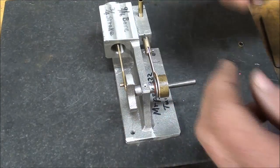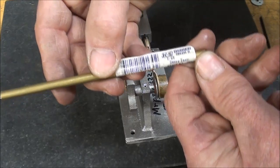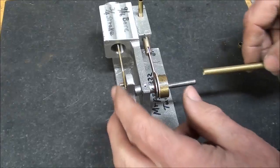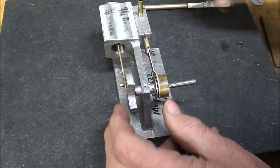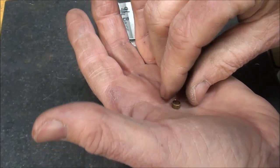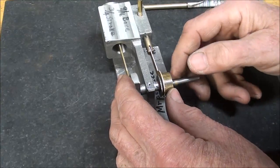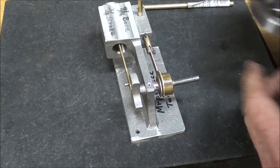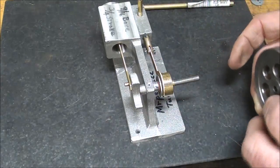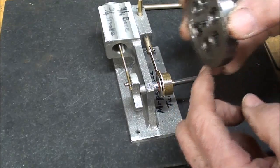Now I cut off a piece of this hobby brass, and that's 7/32 OD, which makes it 3/16 ID. It's pretty hard to handle these real small pieces, but I guess I managed. So on it goes as a spacer, and the purpose of that, again, is so that the pin doesn't bottom into that eccentric groove. And now as I slide this on,